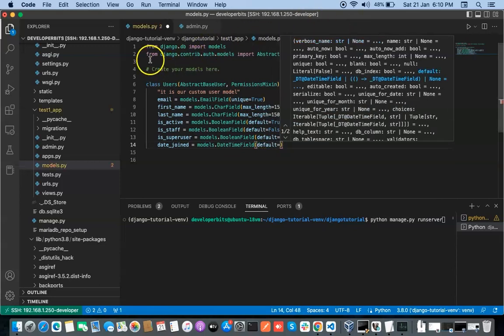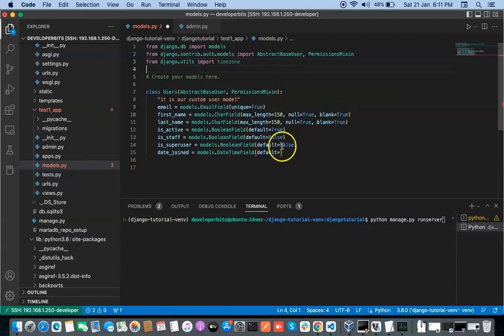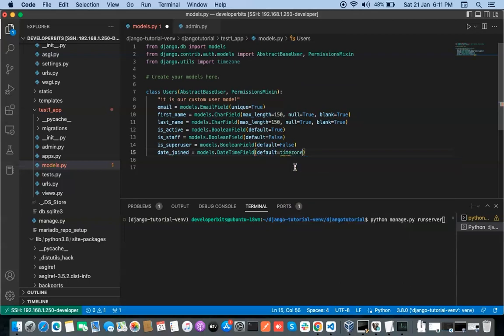Let me get some function from django.utils, so from here you can import. I'm importing timezone and we will get the correct information for the time. So you can define like this,